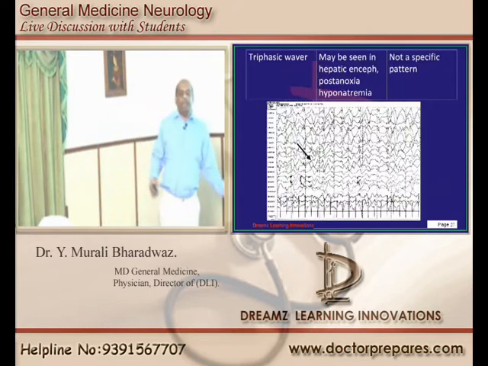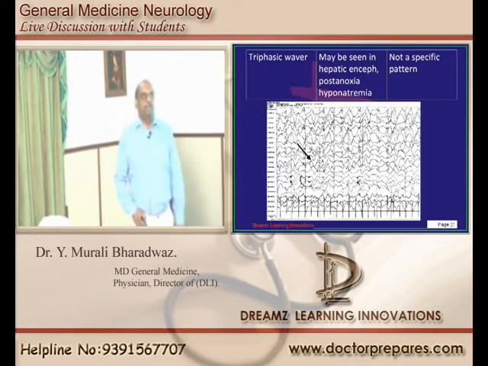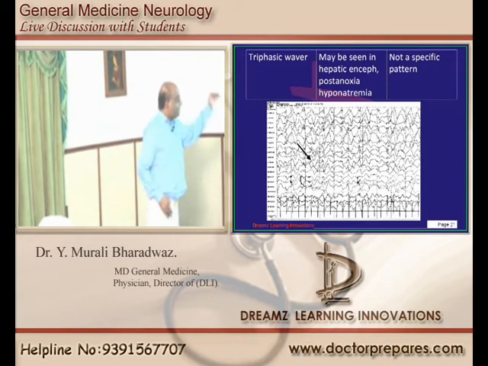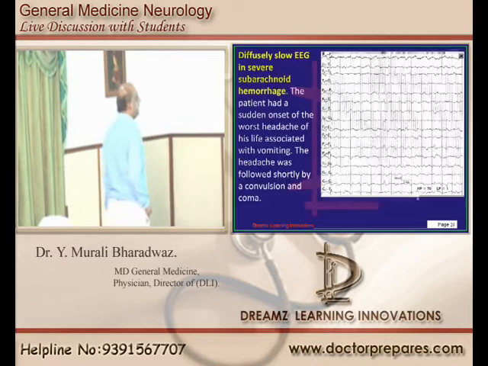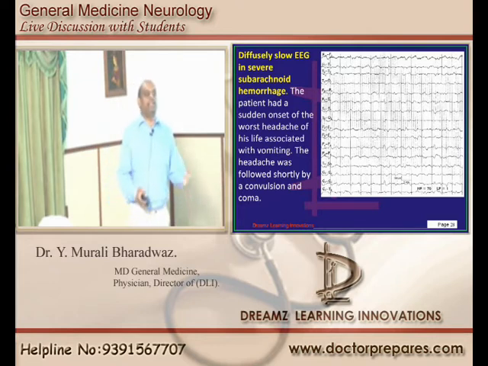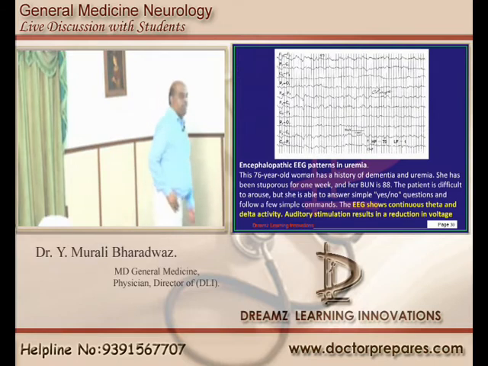Then somebody has a hepatic encephalopathy, or somebody came in with poisoning and you were able to intubate late, he suffered already some hypoxic brain damage, then what do you come across in them? You have this kind of triphasic waves, which is very classical, is what you need to understand. And if somebody has a subarachnoid hemorrhage, what is the EEG pattern? There is a diffuse slowing of the EEG. The EEG keeps going very slowly. That's how you have. Then in uremia, what do you have?